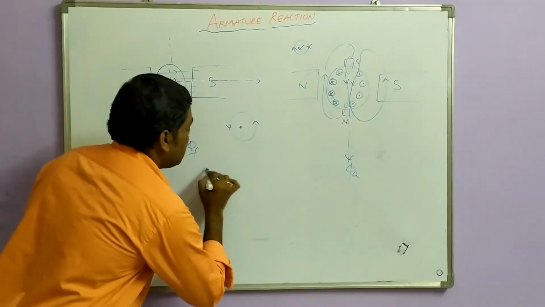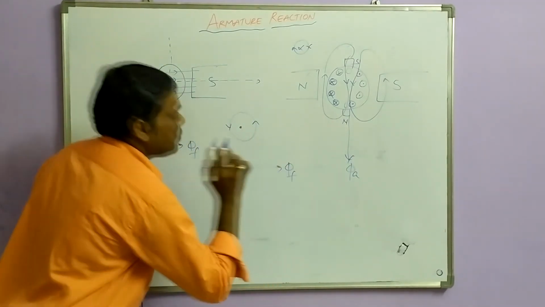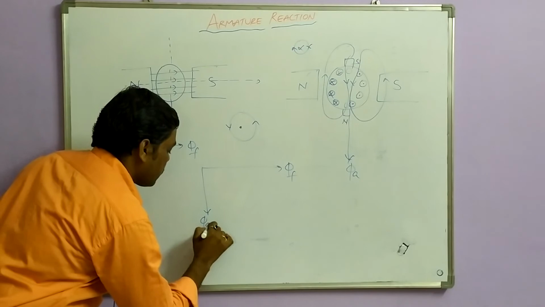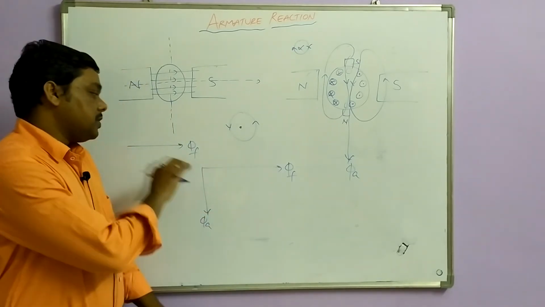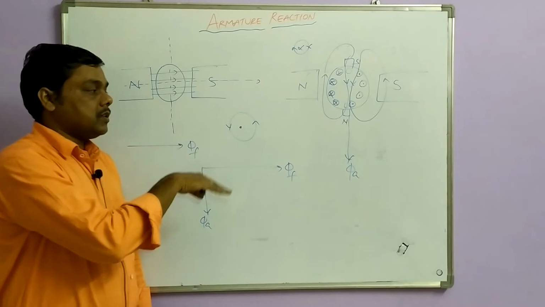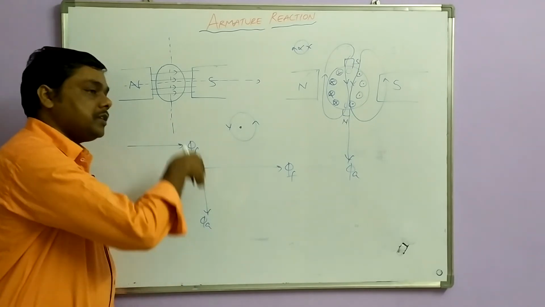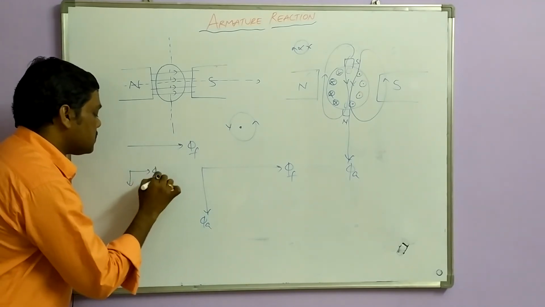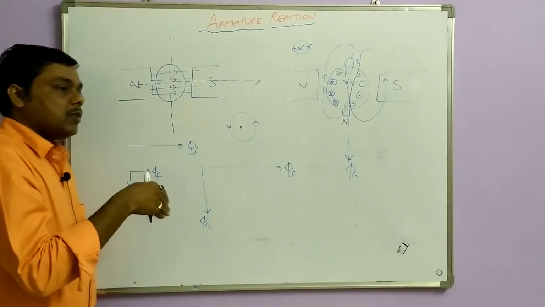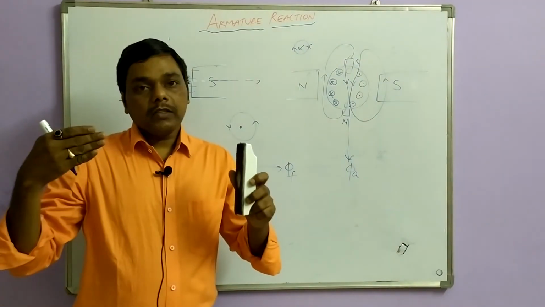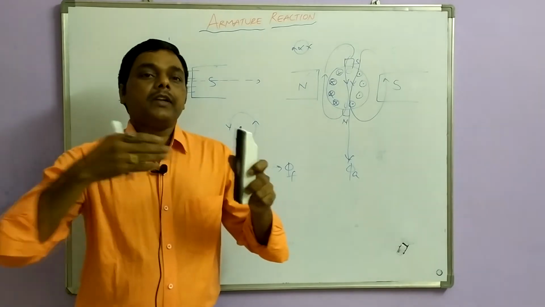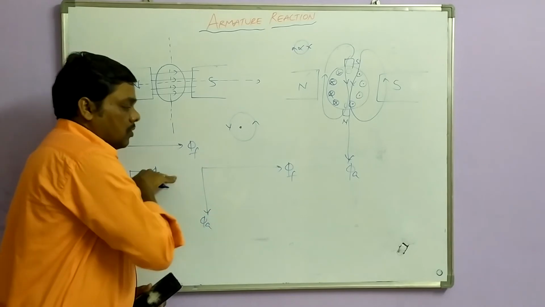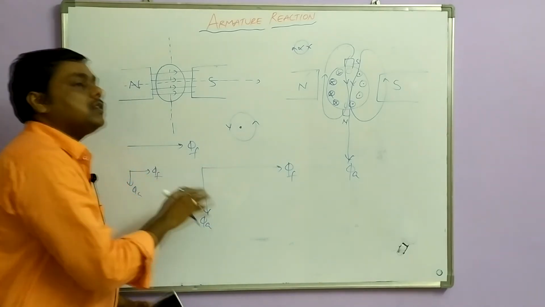You can see here, this is the main field flux and this is the armature flux. Now the main field flux is moving to the right direction, but the armature flux is in the downward direction. What would this indicate? This will cross the main field flux. This is the downward direction and this is from this side. So what is happening here? It is crossing, nothing but cross flux is generating. So this field flux is crossed by this armature flux.